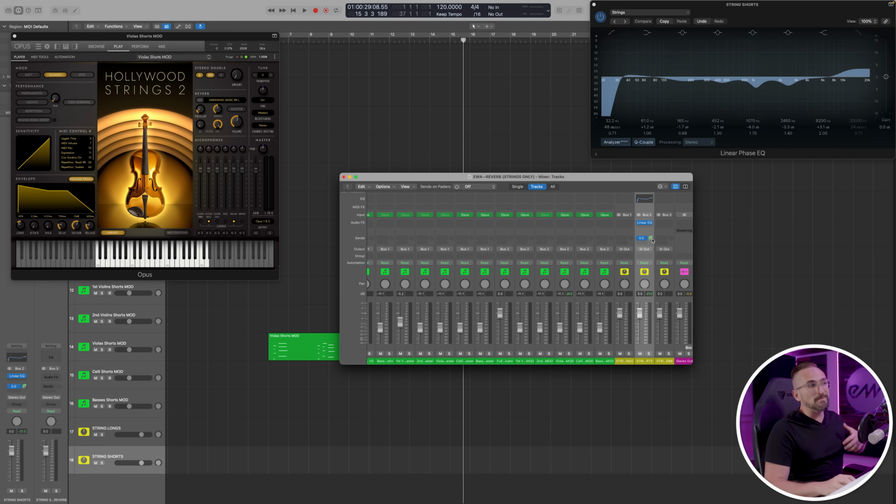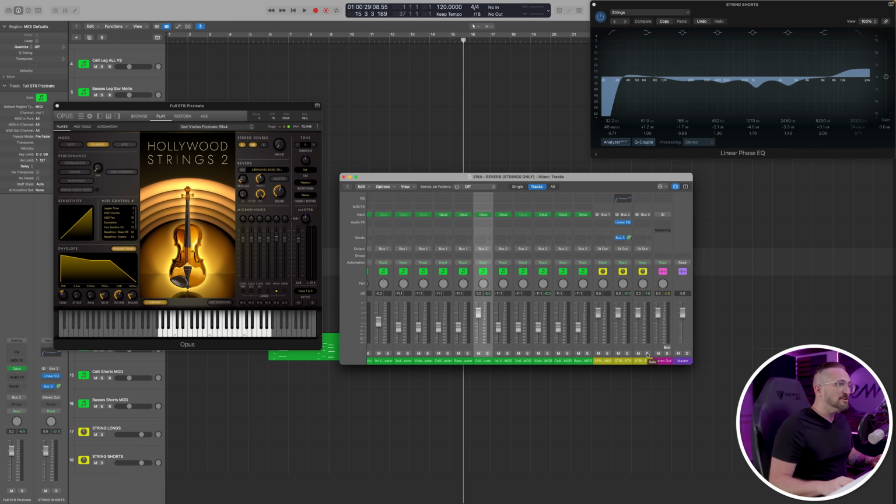So at 0, that means that this audio signal is going to be duplicated 100% and then sent to the string shorts reverb track. Generally speaking, when it comes to reverb, I'm sending, depending on the kind of reverb, between -15 to maybe even -3 dB. So it can really vary a lot depending on the reverb. But for now, let's go ahead and send 100% to this auxiliary track so that we can now start to talk about signal flow and how these effect plugins are affecting our audio signals.